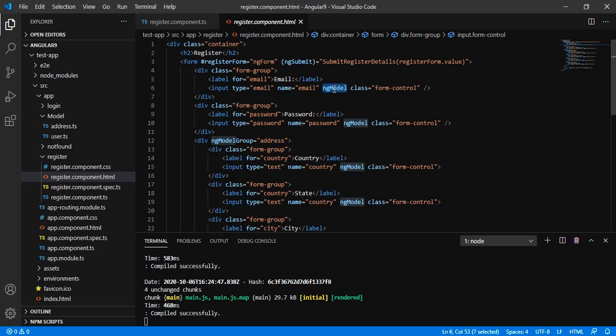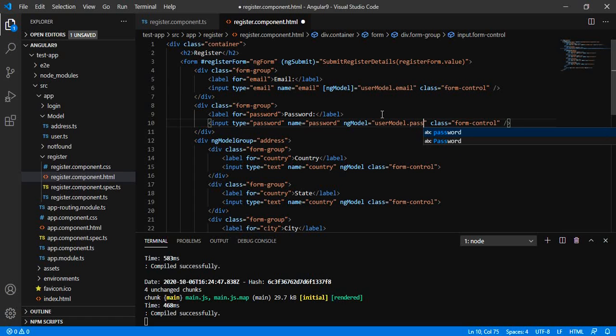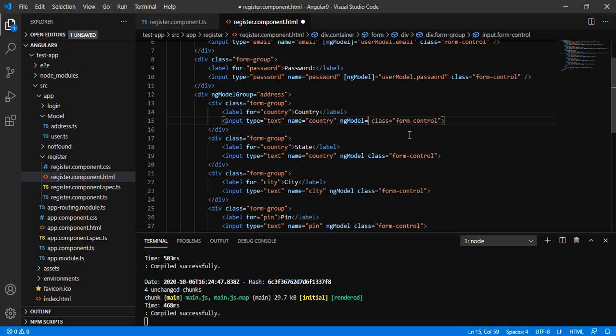Just add the brackets and this will become the property binding: ngModel equals userModel dot email, and same as this is userModel dot password. Let me add the brackets. So by applying the brackets, we are simply making it the property binding.